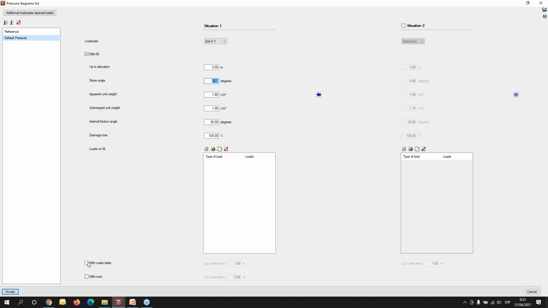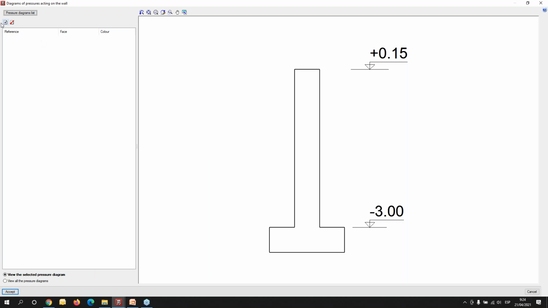We can also define, for example, this pressure with a water table. In this case, the up to elevation is minus 1.5 meters. We can accept, and we need to apply this pressure on the left or on the right